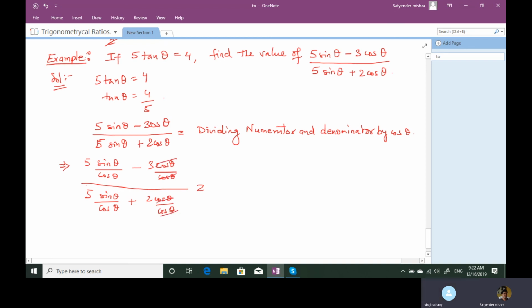Sin theta by cos theta क्या होता है? tan theta. तो अपने पास आ जाएगा 5 tan theta minus 3 divided by 5 tan theta plus 2. So we know the value of tan theta, that is 4/5. तो 5 into 4/5 minus 3 divided by 5 into 4/5 plus 2. तो 5 got cancelled, तो 4 minus 3 हो गया 1, और 4 plus 2 हो गया 6। तो आंसर आ गया 1/6।